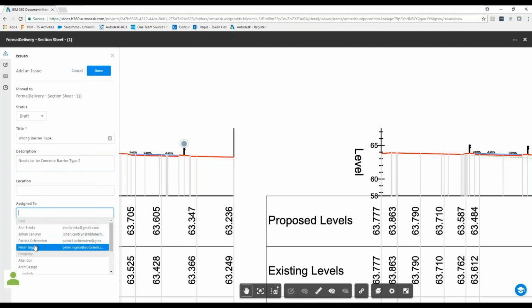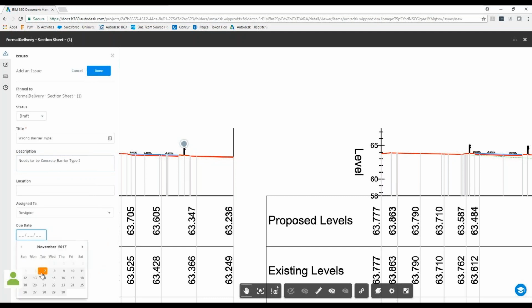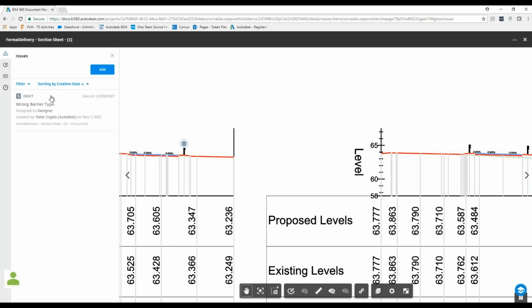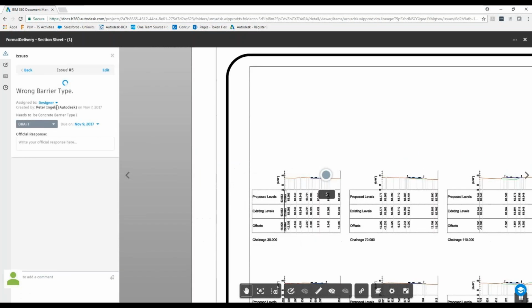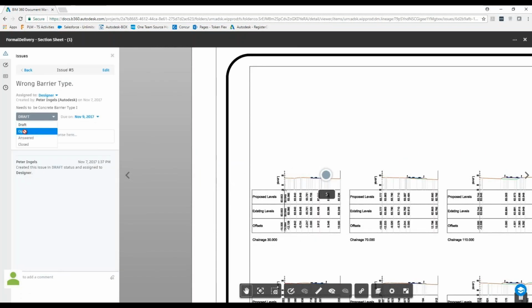So, and now I can address it to somebody. So basically I will send this notification to somebody, for example, to a designer as a role, and I'm telling him, okay, please solve it till 9th of November, for example. And now I will say done, and it's still draft. Nothing happened so far, but as soon as I say it's opened, now it generated an email message